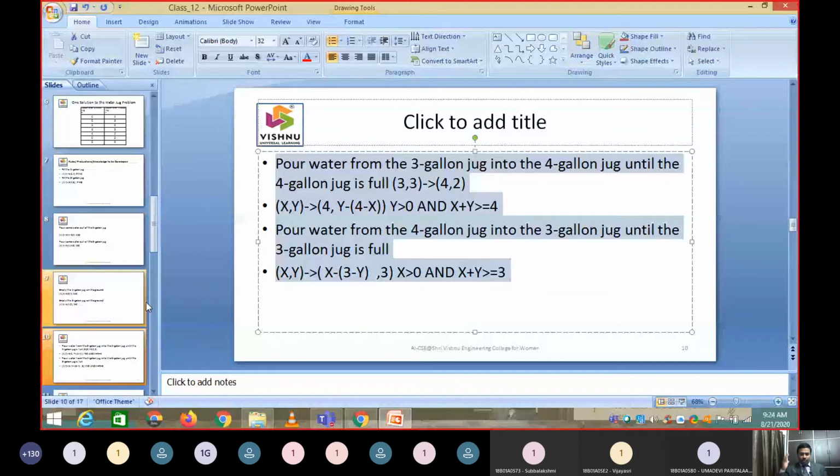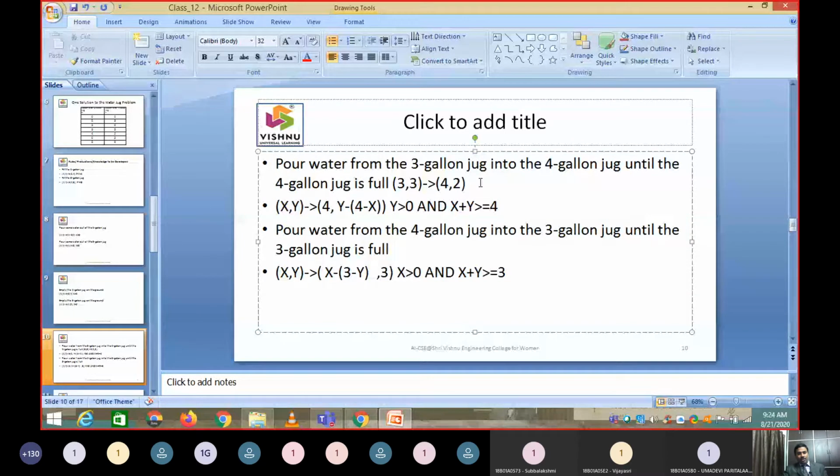I have been teaching AI since 2001. I taught this AI subject for your Swati madam when she was in engineering in 2002. So obviously whenever I go for a chief evaluation or whatever it may be, this question will be there. This question will be asked, how do you solve the water jug problem, or they will ask you what is a production system, then you have to explain this.